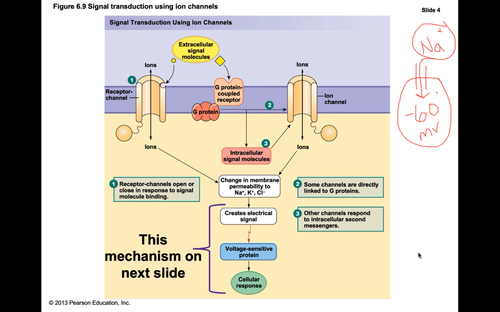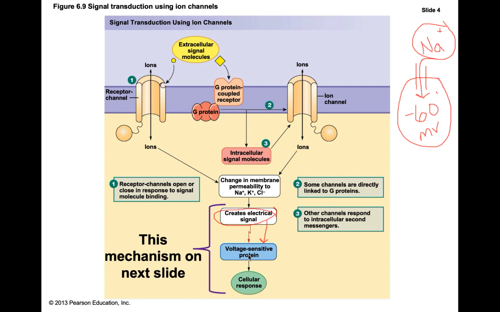And why is that significant? Because electrical signals have the ability to activate or inactivate voltage-sensitive proteins. There are proteins that can become active because you made the voltage higher. There are proteins that can become inactive because you made the voltage higher. They're very interesting proteins that are controlled by voltage, and we'll talk just about, I think, one or two of